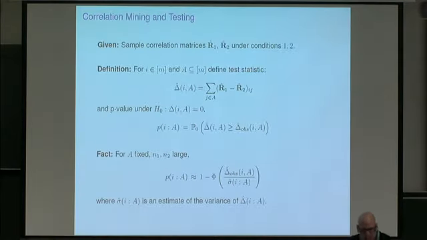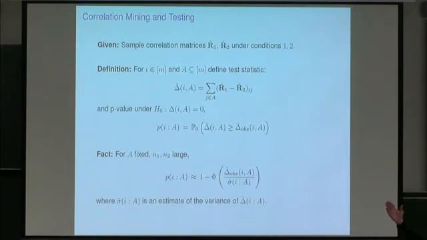All right, so how are we going to do this? If I'm given a data set and I want to go out and find a variable set A that's differentially correlated in the sense I defined before, how are we going to do it? I'm sure there's multiple ways of doing it. We chose an approach that we had applied in the past to community detection, and it seemed well adapted to this problem.